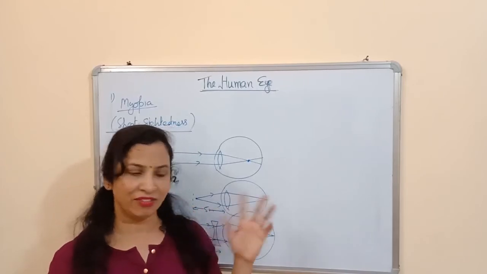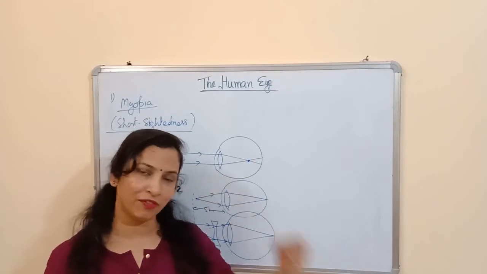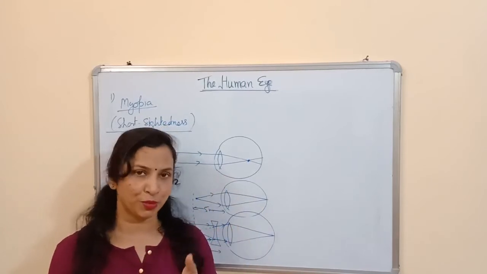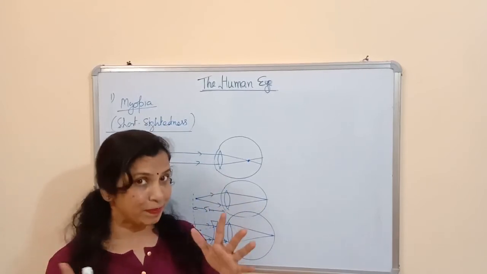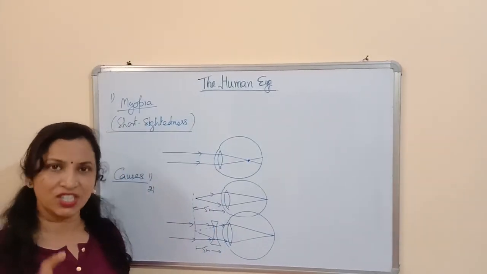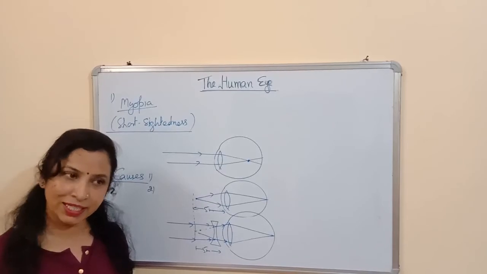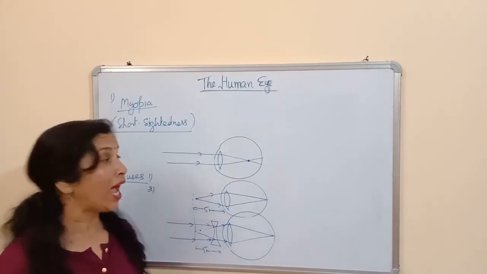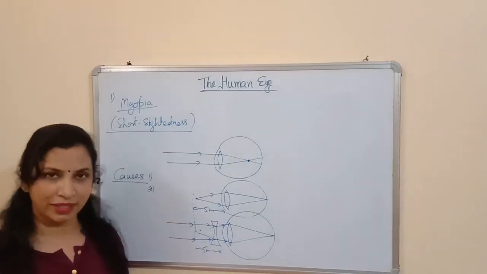And in our syllabus, we have three types of defects of vision: myopia, hypermetropia and presbyopia. I will explain to you about myopia. Myopia is short-sightedness, in which you are able to see the nearby object clearly but not the far objects. And what can be the cause of myopia? It can be